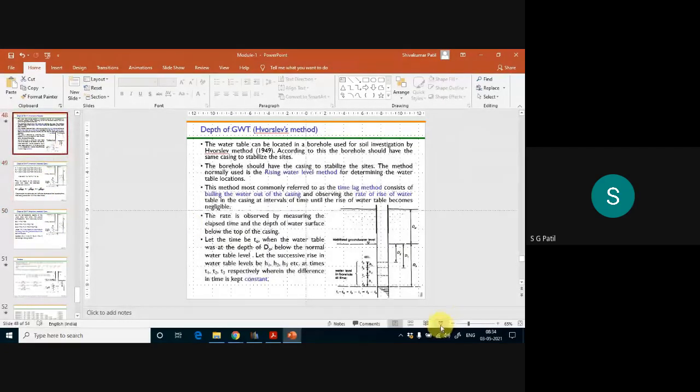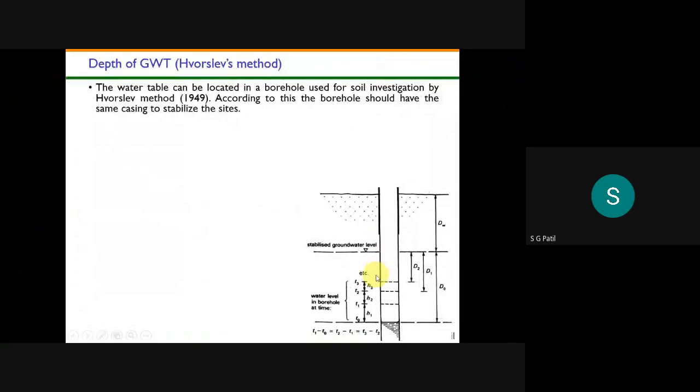Once again I will explain this Ohm's method. This is applicable in fine grained soil, so that is the first point. Second thing, first you bail out all the water present in the ground, with the help of some motor you remove all the water. On the 0th day, which means the starting of the test,